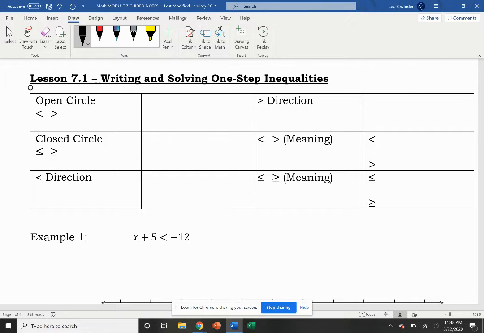Let's talk about meanings. So these two, we should know from a while ago. This means less than, and this is greater than. Now these ones, I'm going to erase that. Now these ones have the lines underneath, as you can see, and we still use the same beginning, less than and greater than,